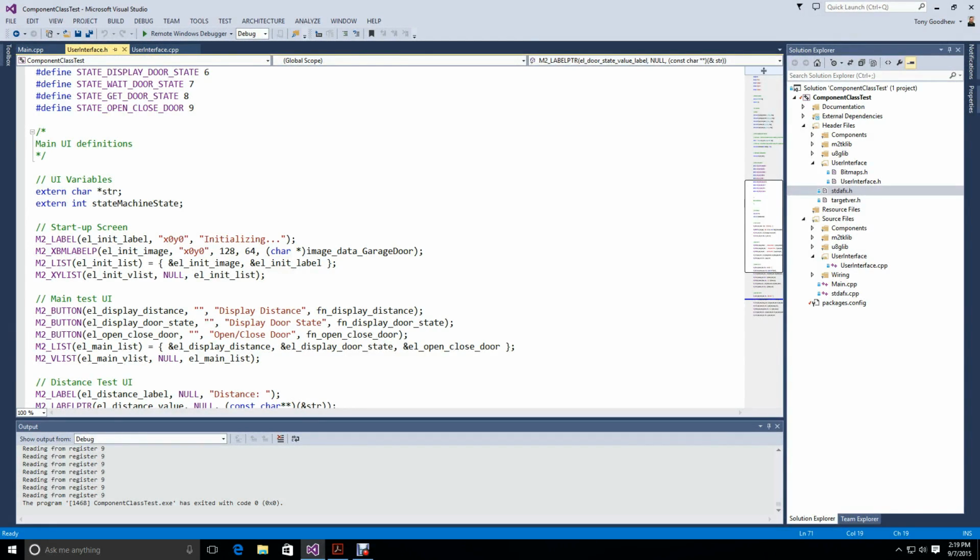So the basic way M2T Caleb works is that it has a set of elements. Those elements form part of a list that contains all the elements that may appear on the display. Then you take that list and pass it to effectively a rendering list that says, go through the elements that were in the first list and position them in this particular way. So let's take a look at how I used two of those: the XY list and the V list, and some of the various UI elements in my user